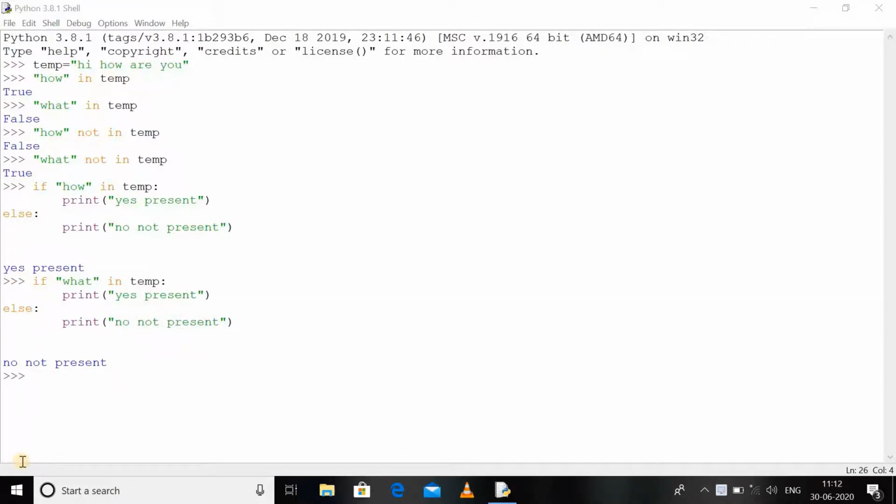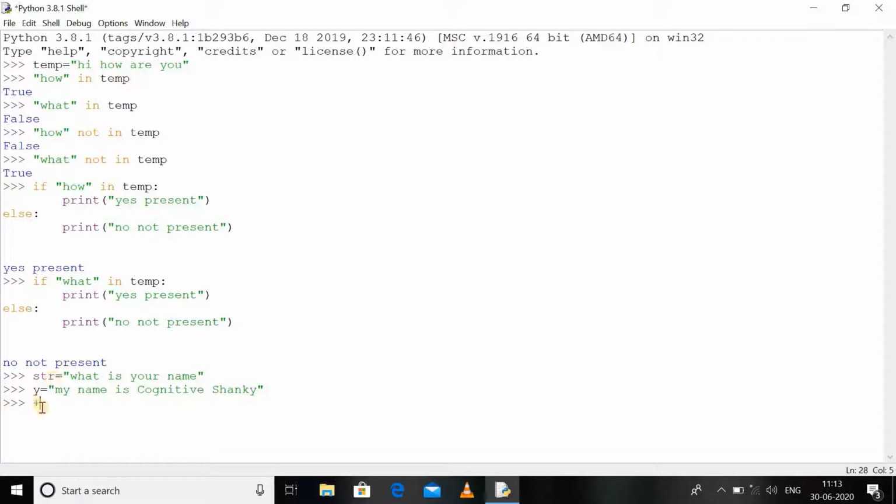Now coming to the point of concatenation. Basically, concatenation is adding a string at the end of another string. So let's say I have a string str which is "what is your name", and I have another variable y which stores "my name is Cognitive Shanky".